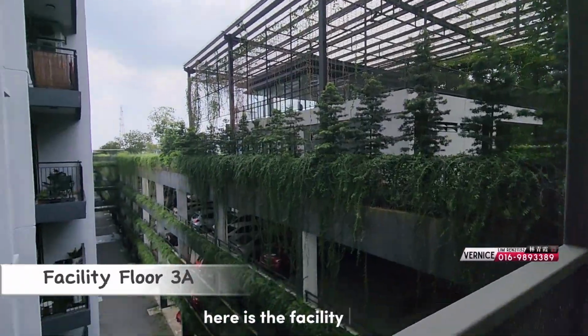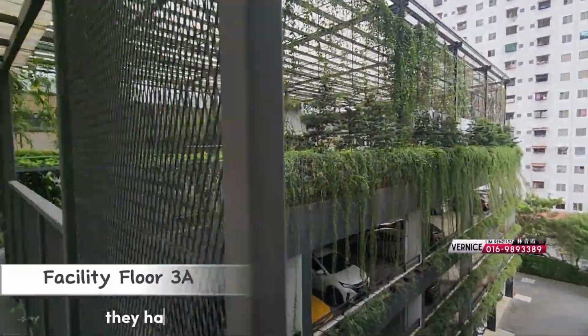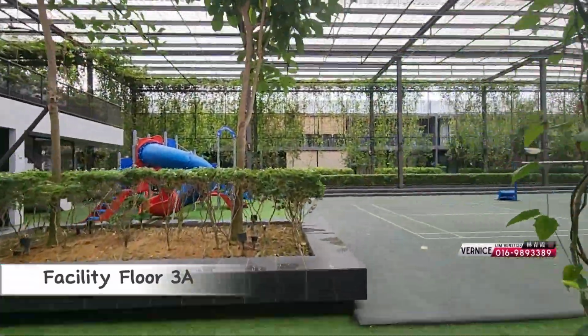Here is the facility floor. Has swimming pool, kids playground,